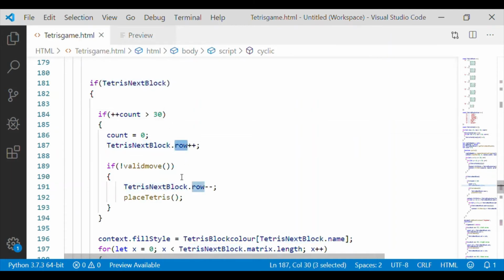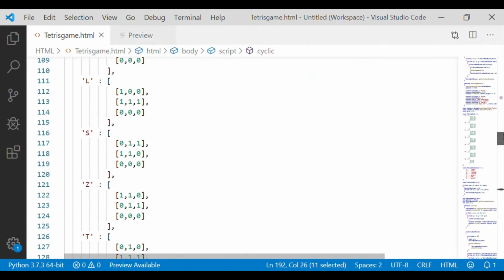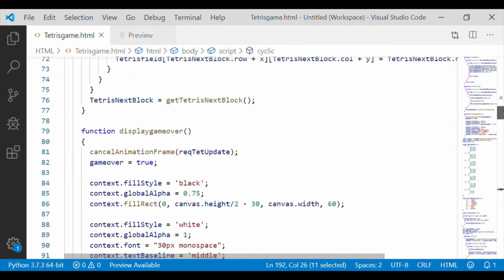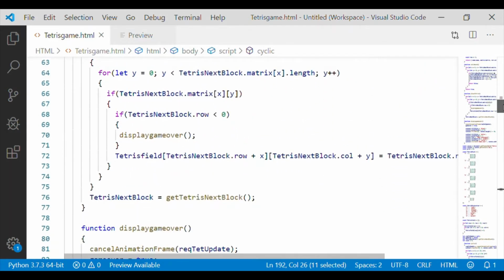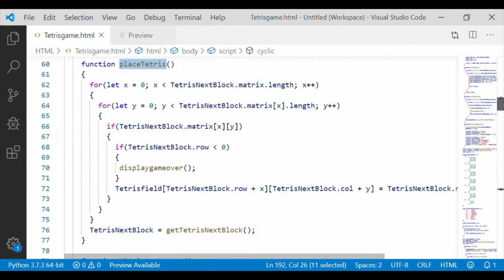Here we check for a valid move, and if it is not a valid move, we position the block by calling the place Tetris function. So we will go to the place Tetris function and check, before placing the Tetris, if any of the rows is full.